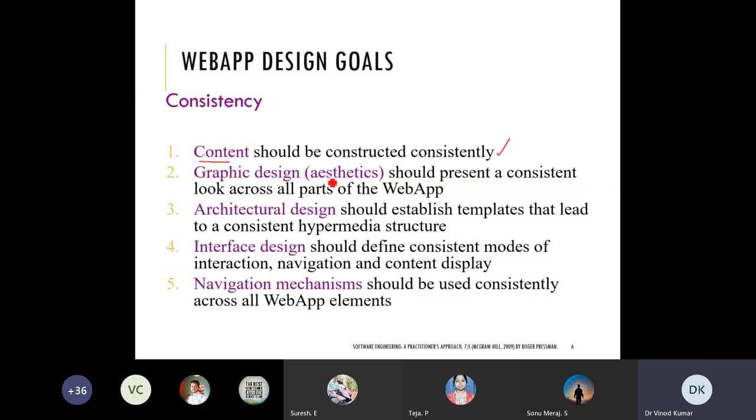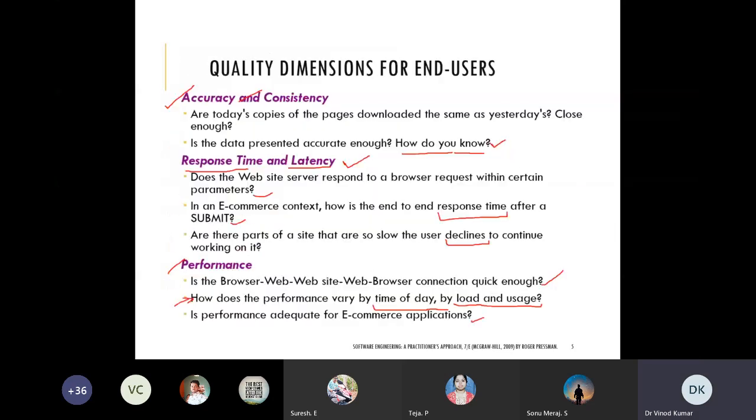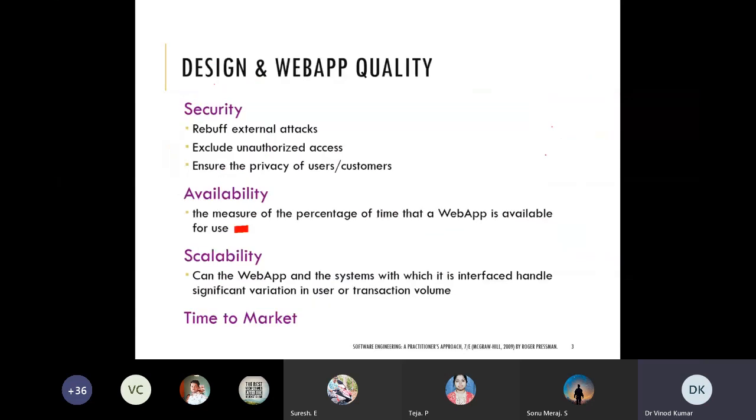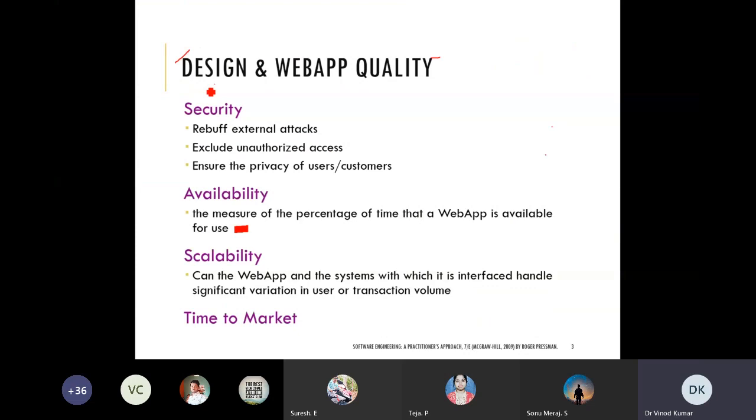Graphic design aesthetics should present a consistent look across all parts of the website. You can observe here on my website what is happening. If I switch from one page to another page, some jumping is coming, the content is shifting.